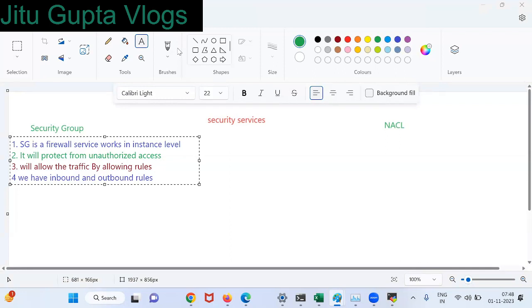Both, huh? Did you enable any rule in outbound till now? Then why are you saying both? I think in competitive exams, if option A and option B are both, pick both immediately. I also did the same thing here. So we work only with inbound rules.